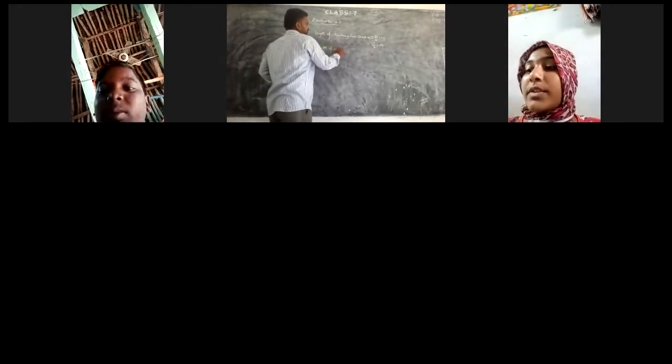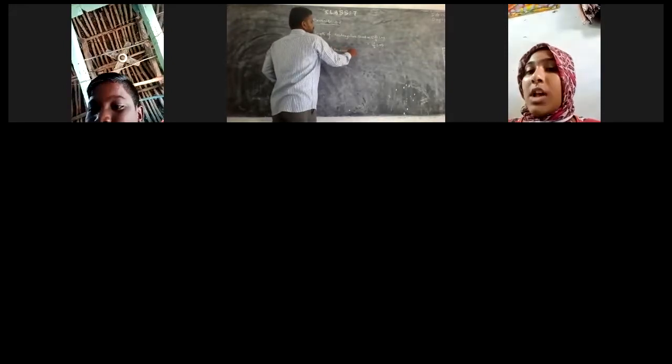Breadth of a rectangular sheet. How much is it? 3 1 by 5 centimeters. So when we convert into improper fraction, 5 3s are 15 plus 1, 16 by 5. It is clear that you know the length and breadth, but you just want to know what is the formula for finding the perimeter of rectangle. As we know, the perimeter of rectangle equals,